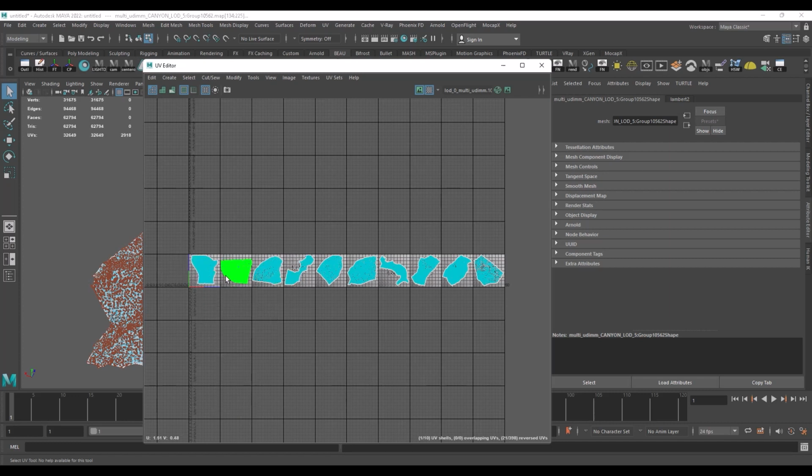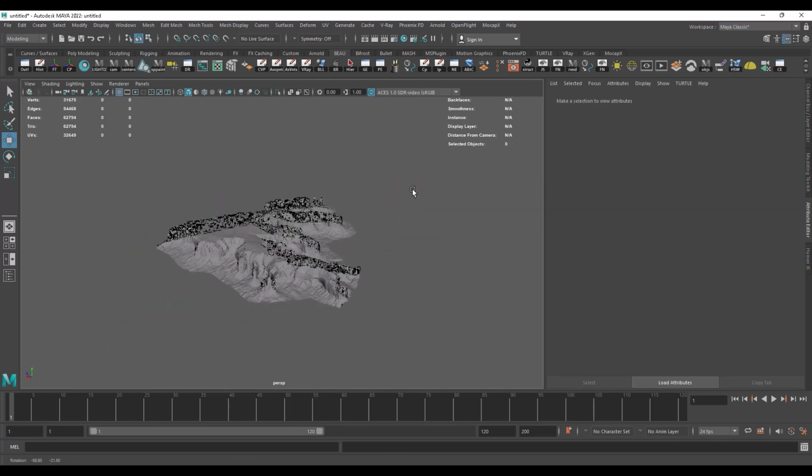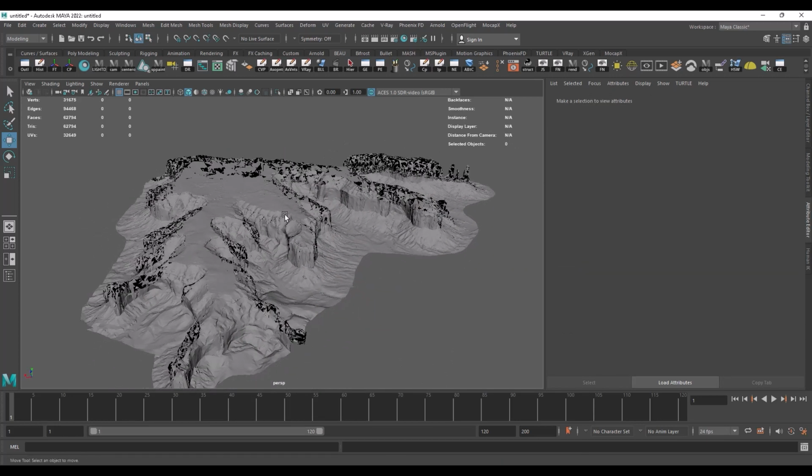So you select the entire UV, and you don't want to move this anywhere from where the actual location is. You don't want to move it around like up or down manually, and I'll show you that in just a sec. But the way we're going to do this is,